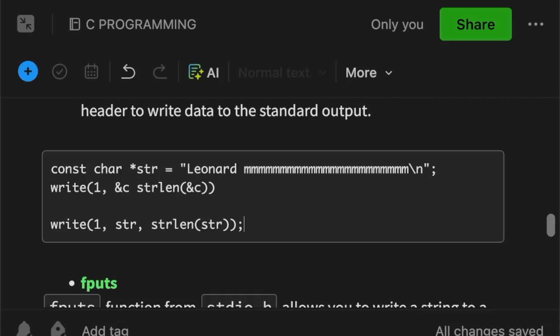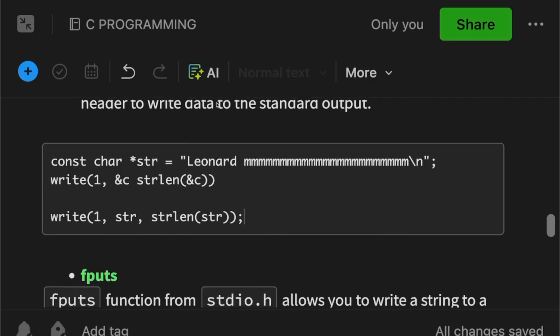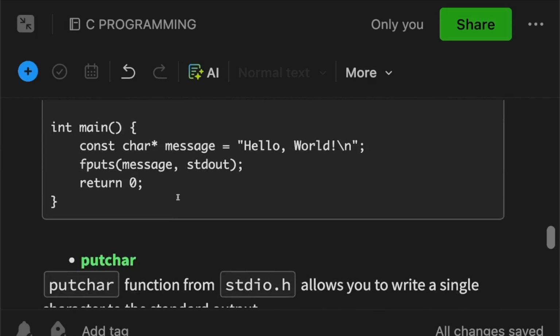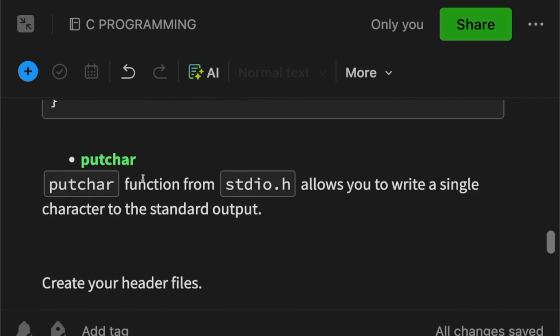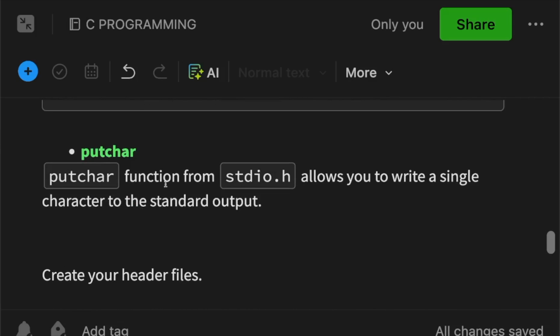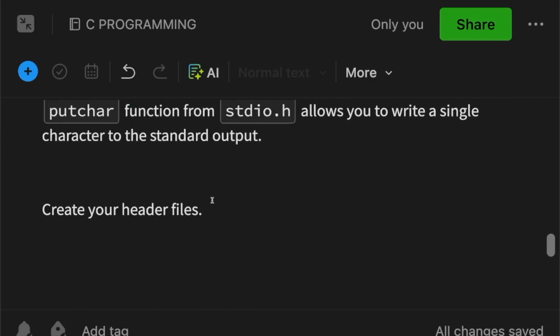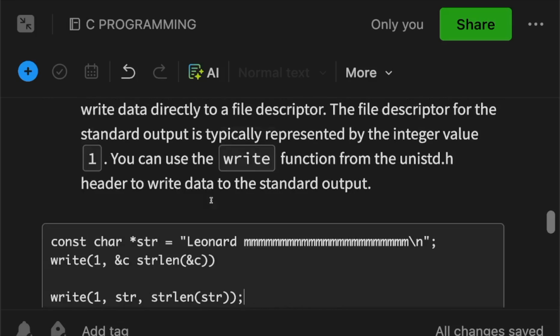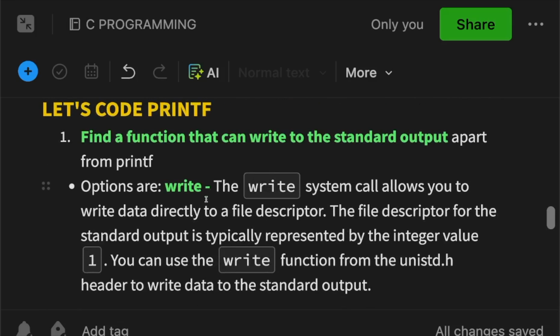You can take time and read on it, find out what it does. Or you could also decide to go with fputs. I'm not going with that. It's very simple to use too. Or you could also decide to go with your beloved putchar. That's also very simple to use too. So now that we have chosen the function that we are going to use to write to the standard output,